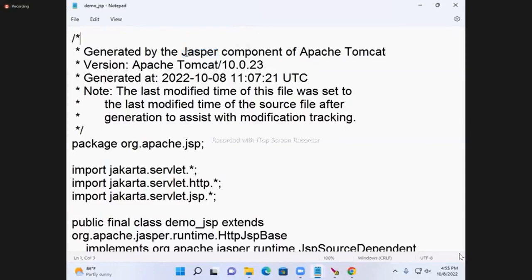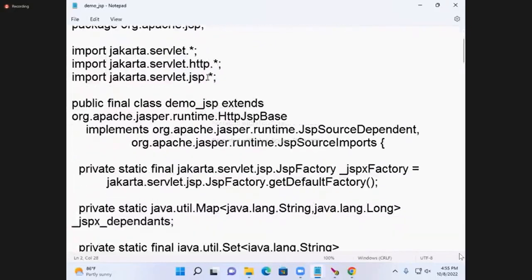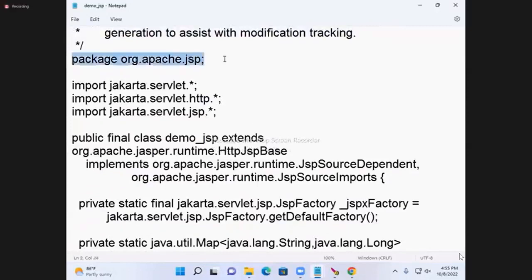Say Jasper. Jasper is nothing but a JSP engine name, and it is a part of the Tomcat server. It will convert JSP into a Servlet. Now, while converting, you observe that automatically one package is created,